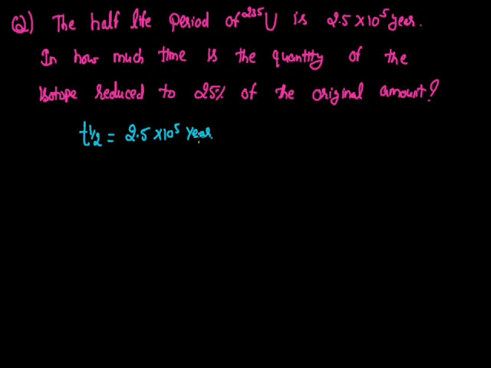original amount. Now as we know, if I start with the radioactive substance and consider the initial amount as N0, then within a time period equal to the half-life period, it will remain half of its initial amount. That means it will reduce by 50% of its initial amount within one half-life period. Now if I reduce this again by 50%, so if again one half-life period has passed, then finally the remaining amount will be N0 by 4, and that is the